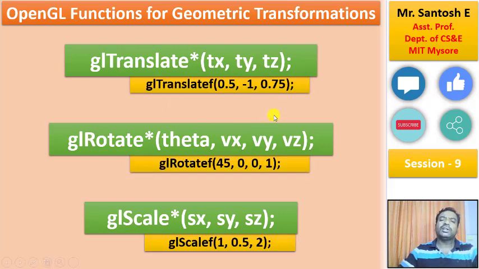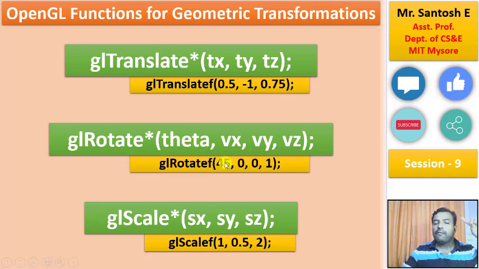And now just look at the examples I am going to put with the parameters. glTranslatef, I am just giving 0.5, -1, 0.75. I am giving a point in 3D. So whatever object is affected by this function will be shifted to the point I have given here. This is the new position where the object should be shifted. And now if I am going to have a rotation, I am going to say 45, and this is going to be 45 degrees.